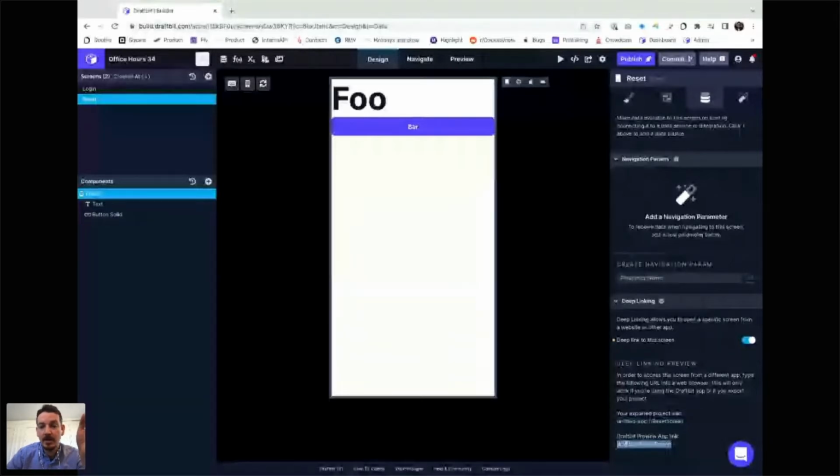Now, a little bit more context. We have a Draftbit preview app very similar to the Expo Go app. It's actually based on it, so there should be a lot of similarities. That lets you test